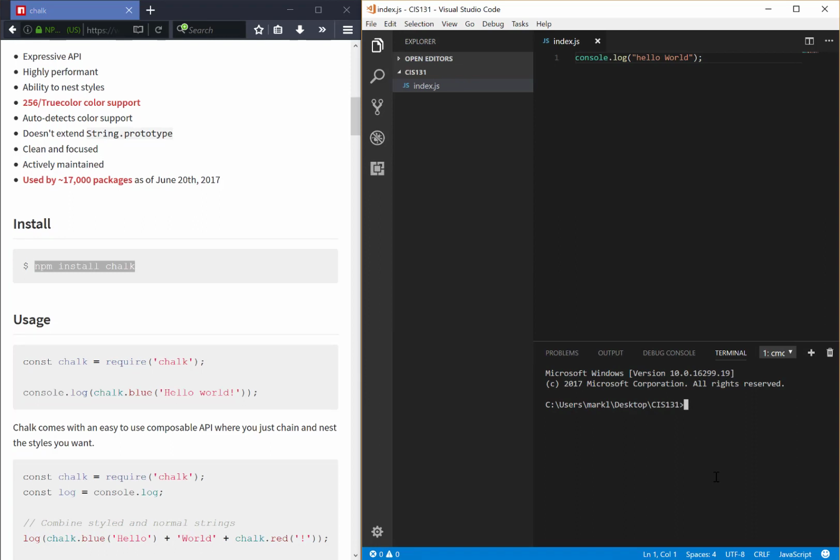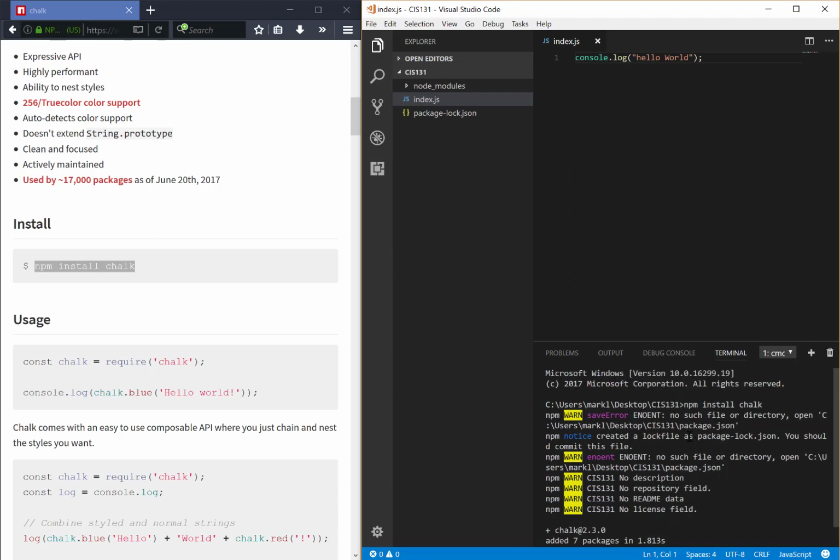So remember from the last video that I can have that terminal window available to me here. So this is a way to do that. And I'm going to type in just what it says, npm install chalk, okay, and hit enter. Now you have to be connected to the internet, obviously, for this, and I have slow internet connection, but there it goes. So it installs chalk,